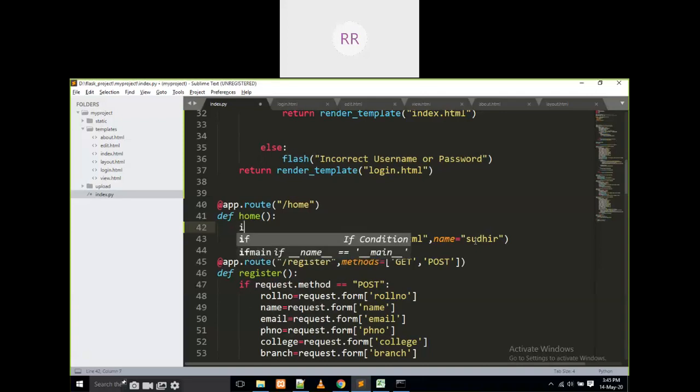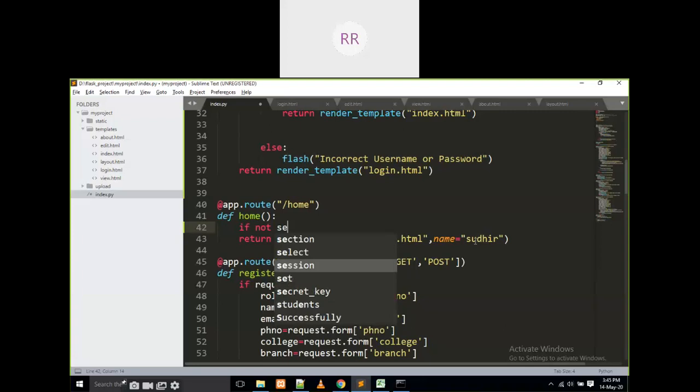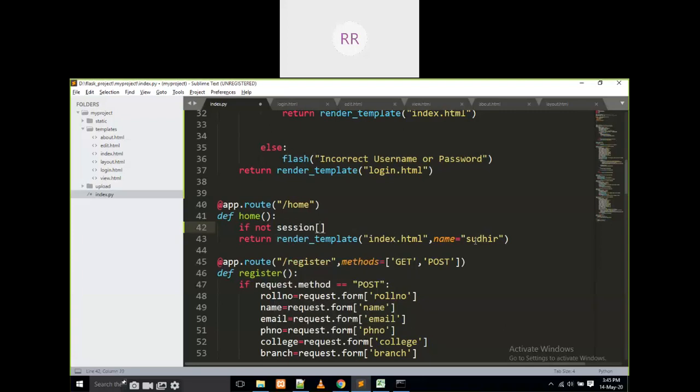Okay, I am going to write if not session of logged in, session dot get of logged in.